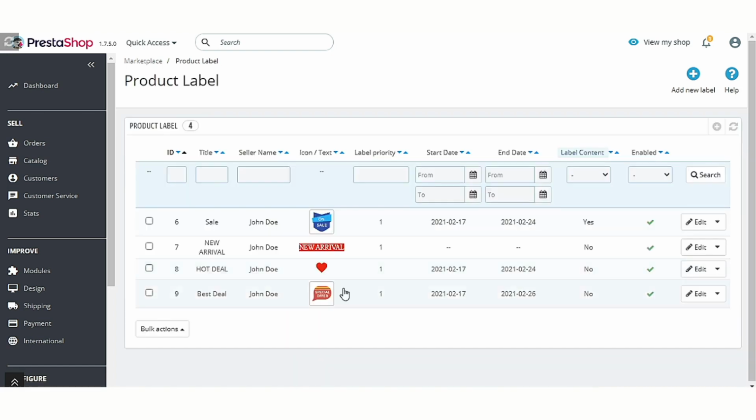This is the label created by admin for the seller.